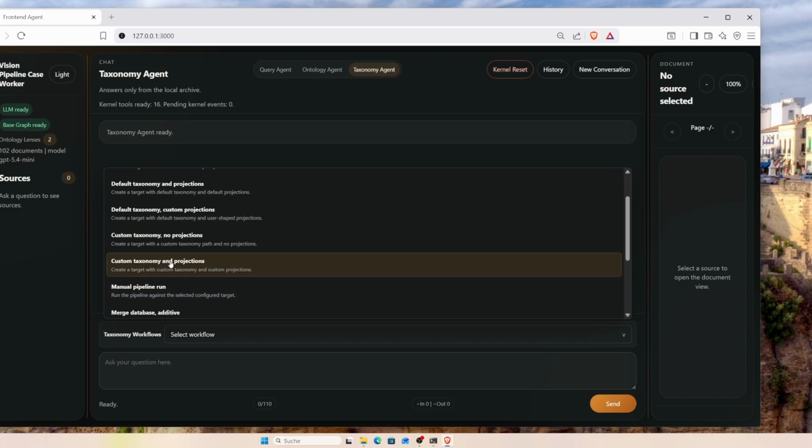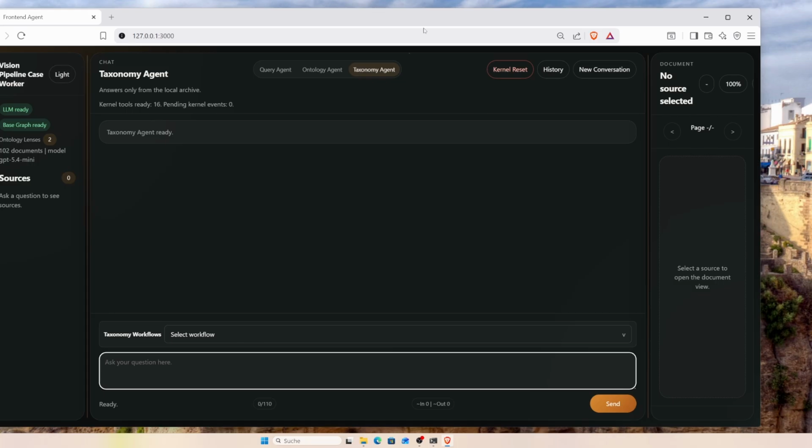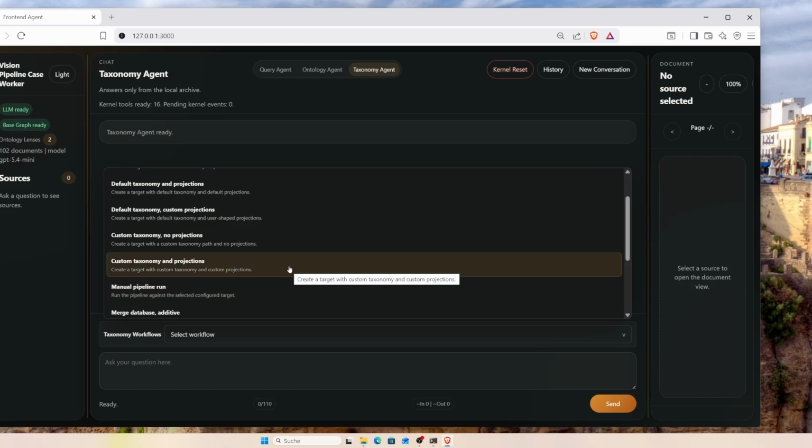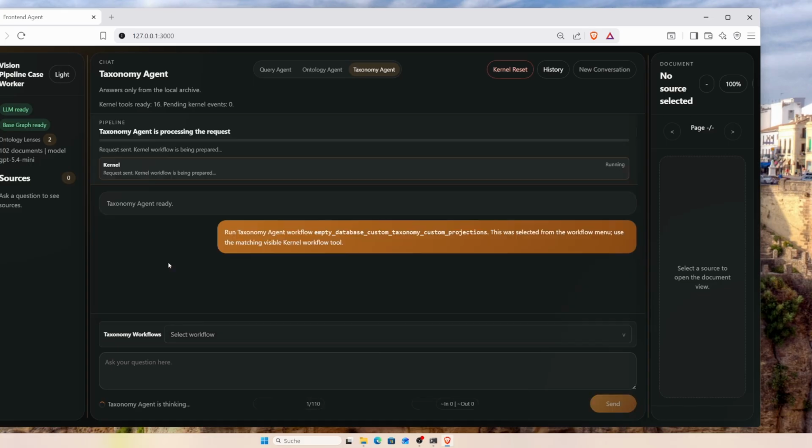You can click that, or you can just tell the agent, well, start this workflow, and the agent will just kick it off for you. This is the only thing the agent will be involved in: starting the workflow. This is all automatic. The agent is only there to explain to you what happened and what you can do, but it doesn't do any file mutations or anything of the sort. So let's show you custom taxonomy and projections. We click that,